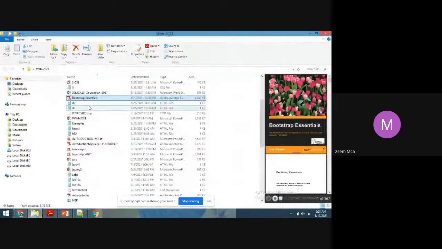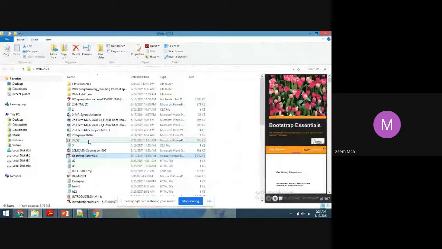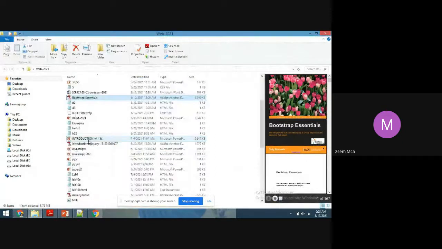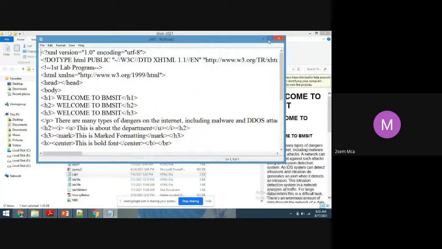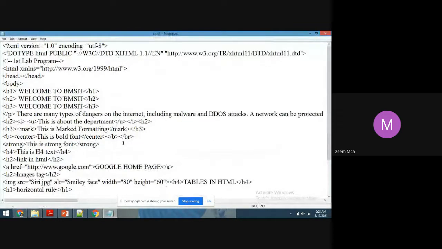Once I'll show, I think you have forgotten. See here, in the first program, I have used this mark tag, students.